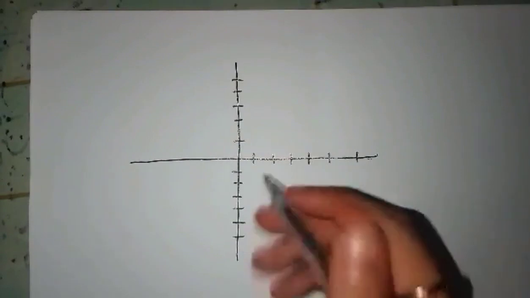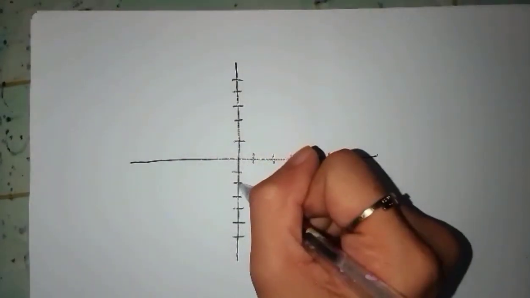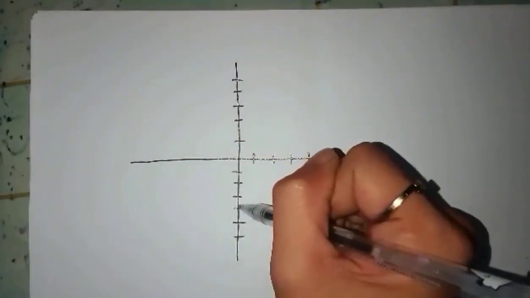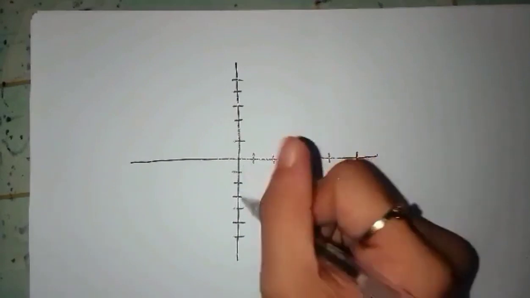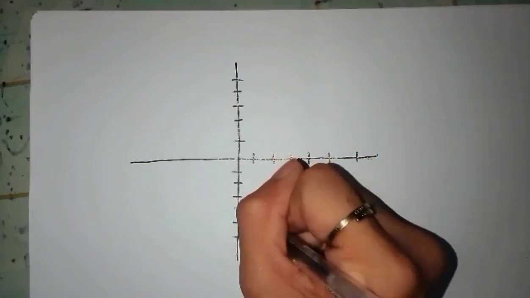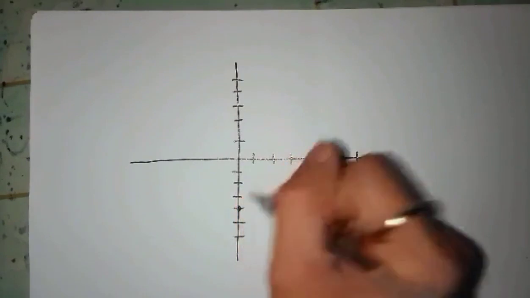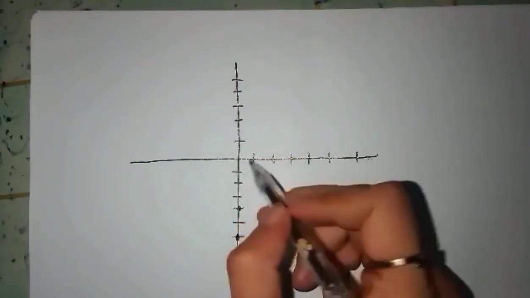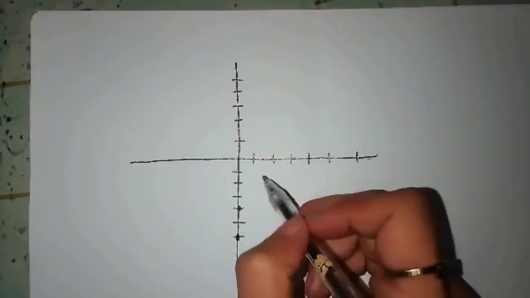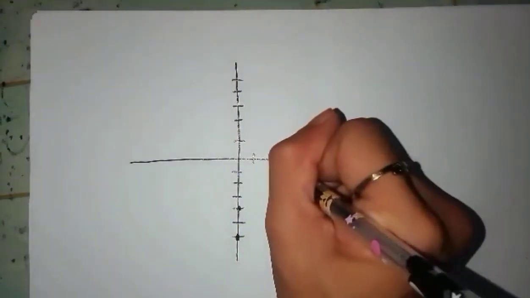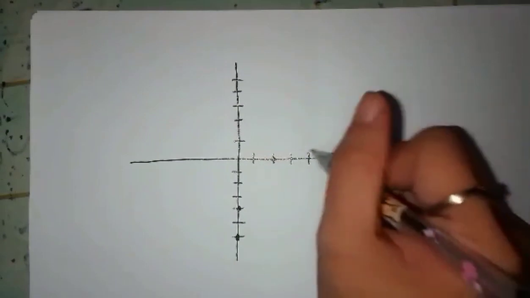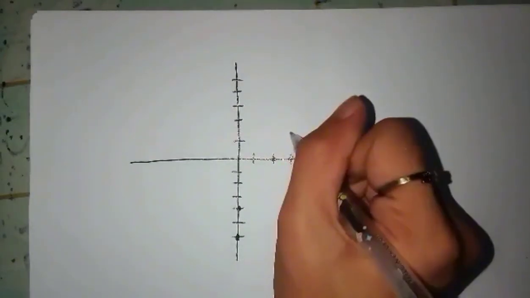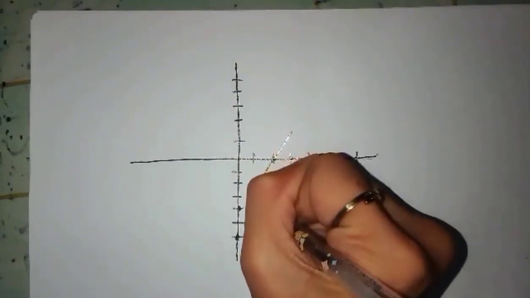Ang y man niya is negative 4. 1, 2, 3, 4. Then, negative 6. 1, 2, 3, 6. Then, ang sa x man niya, ang x is 2. Here. 2 and positive 3. Once nga ing ani,